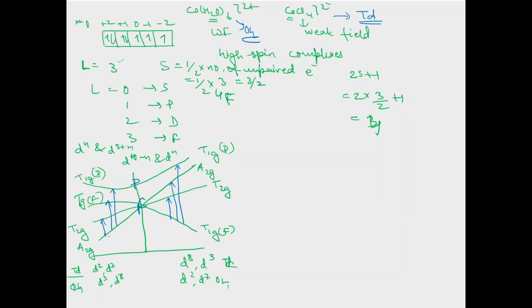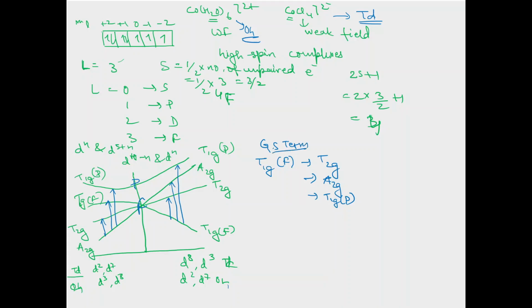So for d7 octahedral, the transitions are from T1g(F) to T2g, T1g(F) to A2g, and T1g(F) to T1g(P). Okay, so the ground state term for this octahedral complex is T1g(F),